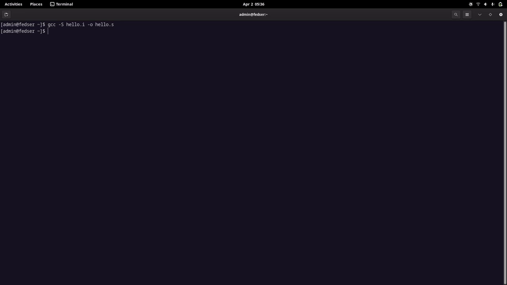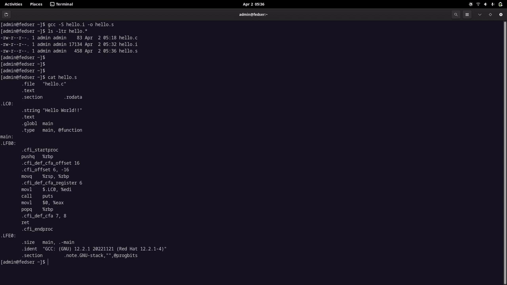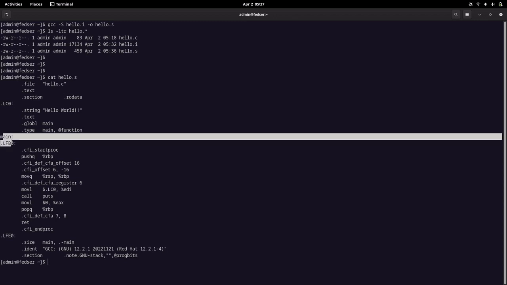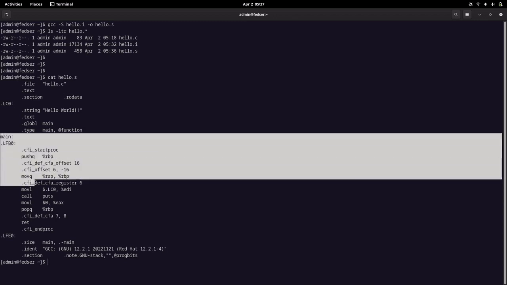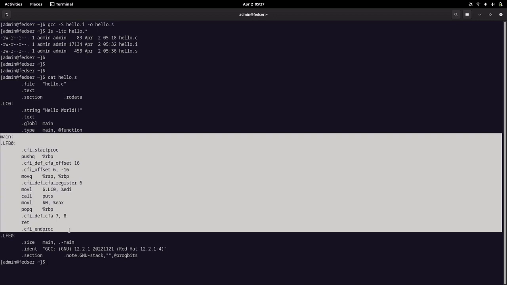Let us generate this one, and now we will have the hello.s file created, and let us try to read this hello.s file. As you can see, here is our actual main function that has been converted into assembly language code.